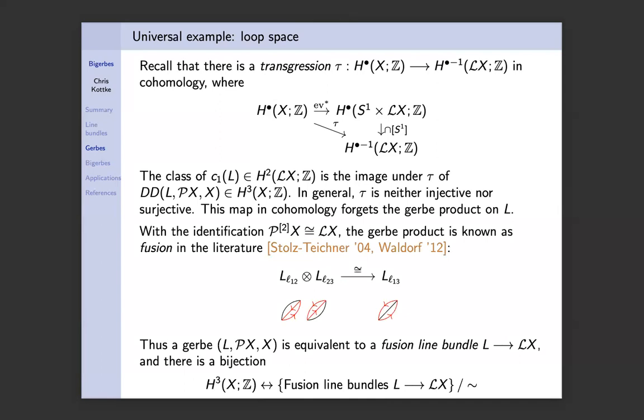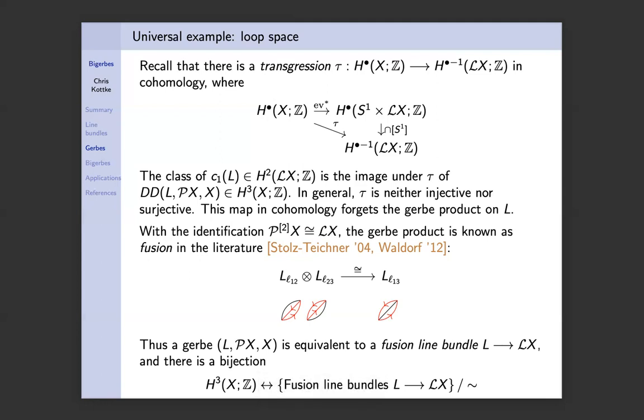This gerb product on the line bundle over the loop space is sort of known by another name. It appeared in the work of Stolz and Teichner going back to 2004, not in reference to gerbs. It sort of appeared on its own in a different context, but it turns out to be exactly equivalent to the data of a gerb. So, right, so viewing